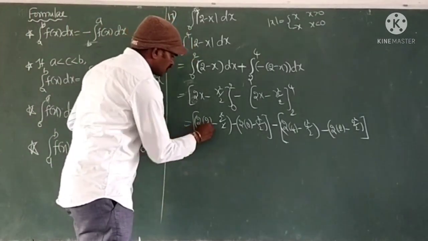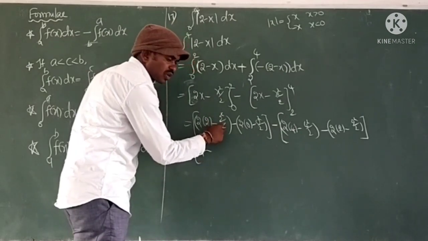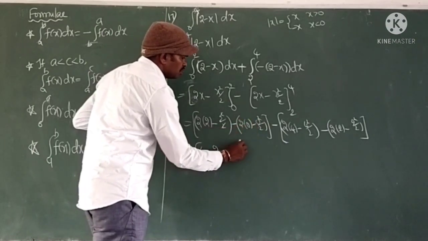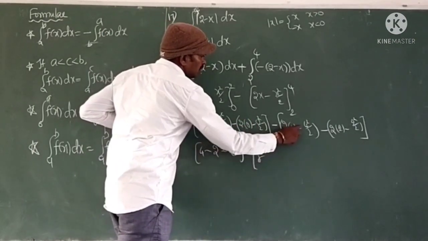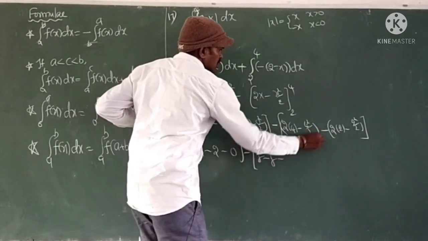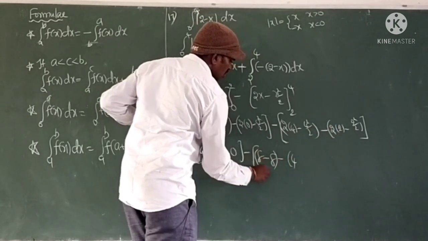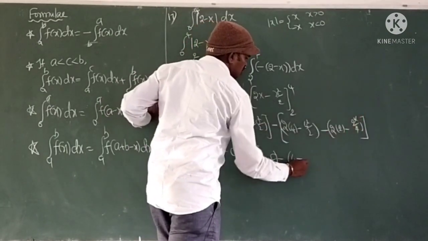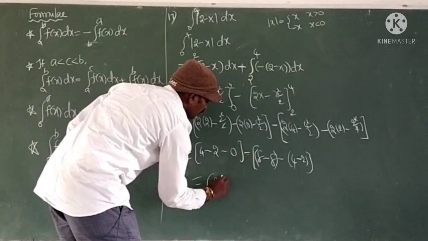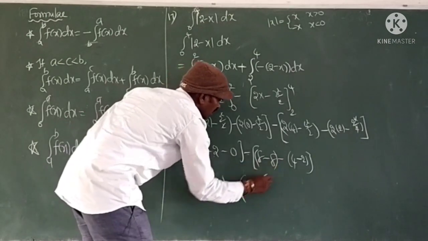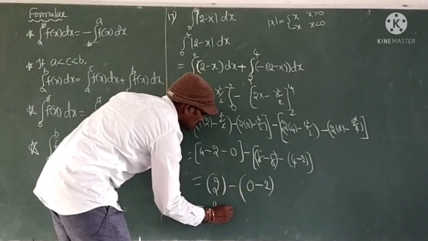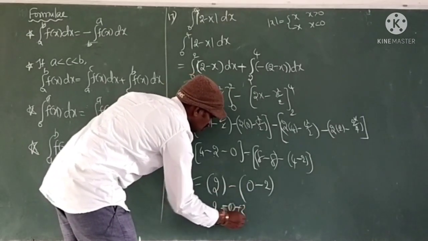Okay, 2 into 2 is 4 minus 2 squared, 2 cancels, 2 is remaining. 2 into 0 is 0, and everything is 0 minus, 2 into 4 is 8, 4 squared means 16 by 2 means 8, and minus 2 into 2 is 4 minus 2 squared, 2 cancels, 2 is there. So 4 minus 2 is 2, minus 8 minus 8, 0, minus 4 minus 2, 2. So 2 minus into minus plus 2, otherwise minus 0 plus 2 becomes 4.